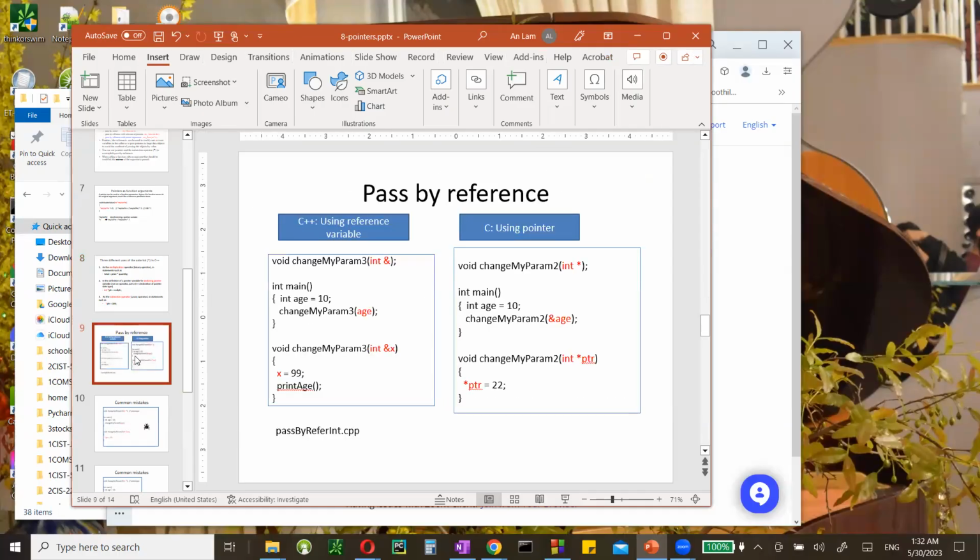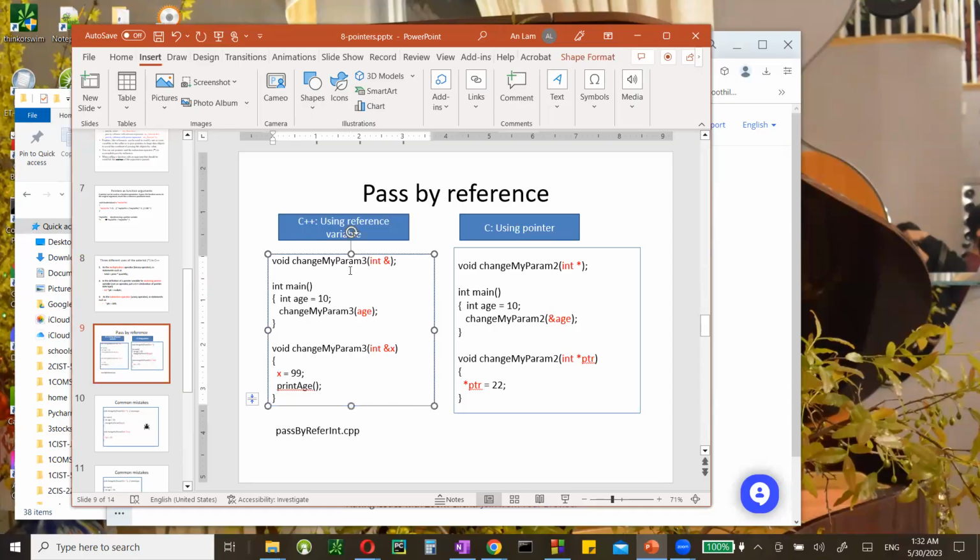And in the next slide, let's compare how you achieve pass by reference by using a reference variable and by using a pointer. On the left-hand side, I'm using a reference variable. This is what you learned so far up to this point. I declare a function, change my param 3, and my function takes an integer variable, and I'm doing pass by reference by using the ampersand,